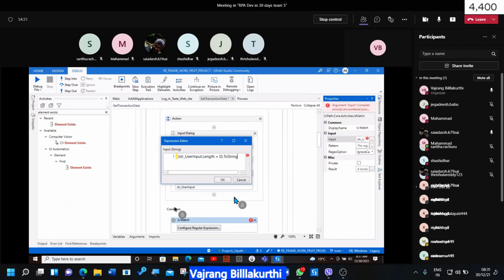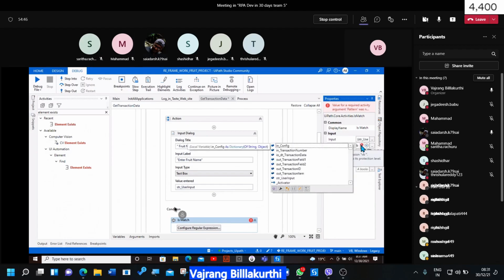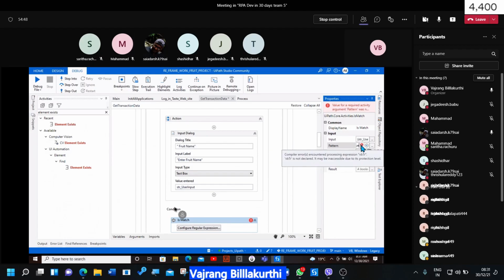So what should I match it to? If the input is true, then we need to match it to true, using VB true dot to string.